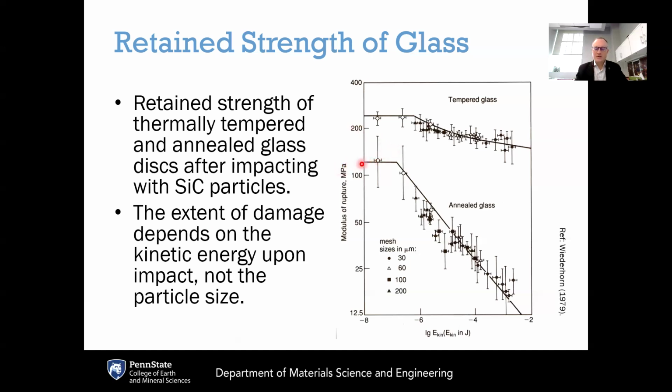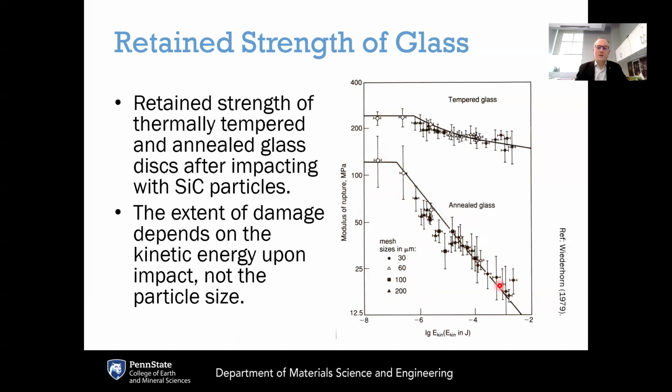So this is the stress at failure for annealed glasses here, as a function of the logarithm of kinetic energy of impact from silicon carbide particles. Basically, they took a sheet of annealed sodium silicate glass, blasted it with silicon carbide particles of different sizes and with different energies. The greater the amount of damage done to the annealed glass, the less stress it can take before failing. And so that's why you'll see this decrease in the practical strength of the glass with that greater amount of